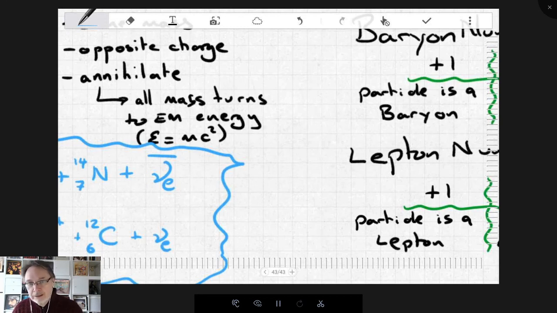Well, mass is an energy. That doesn't mean that mass equals energy. There's a formula, and in this case it's so-called Einstein's equation, E equals mc squared. Mass is a form of energy. It's a form of potential energy. It's certainly not a form of kinetic energy. So if we keep that in mind, that mass is a form of potential energy and the universe is trying to reduce potential energy of all forms,